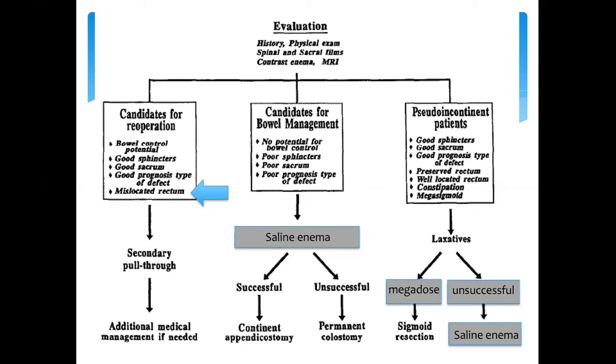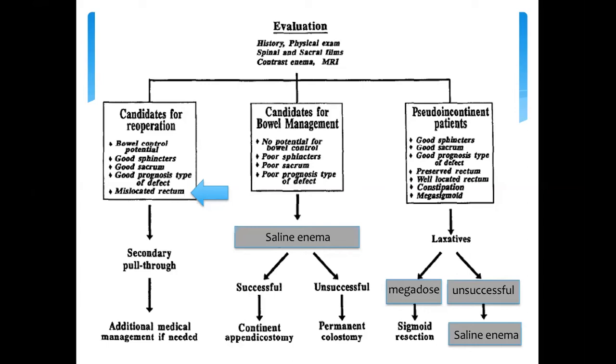can help them by a bowel management program, and we offer them from the beginning saline enema. If the saline enema succeeds for the long term, we offer them Malone, which is the continent appendicostomy, in order to maintain the privacy of the patient when they reach the adolescent age group. If the saline enema is unsuccessful, those patients are candidates for permanent colostomy in order to improve their quality